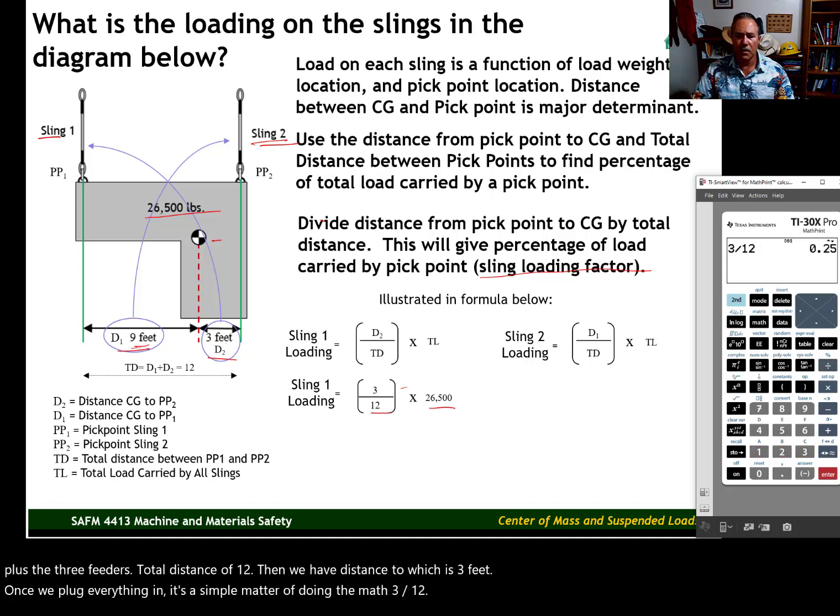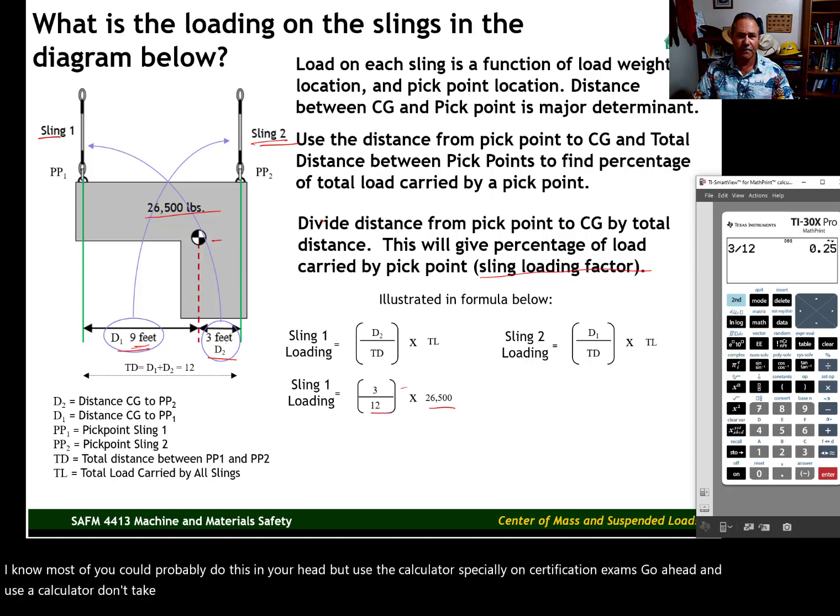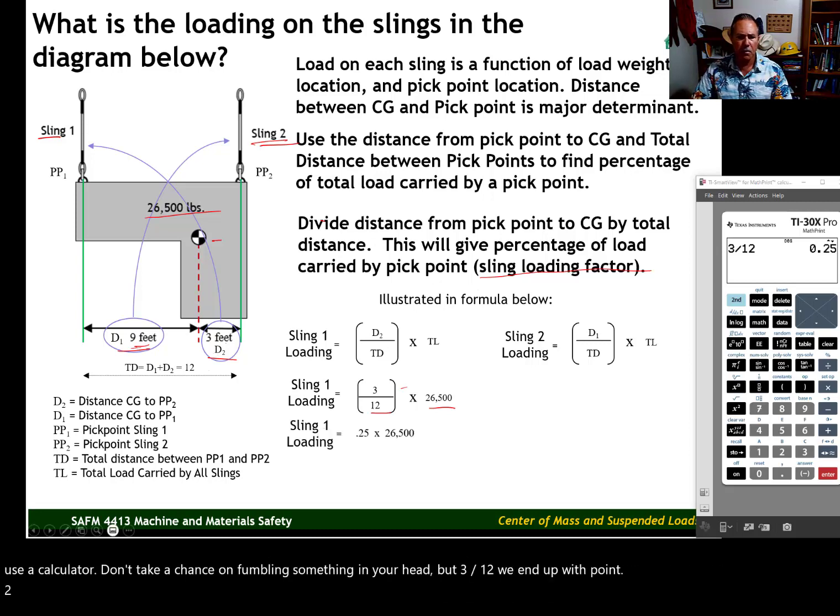Yeah, I know most of you could probably do this in your head, but use the calculator. Especially on certification exams, go ahead and use the calculator. Don't take a chance on fumbling something in your head. But 3 divided by 12, we end up with 0.25. Now we multiply 0.25 times the total load weight,